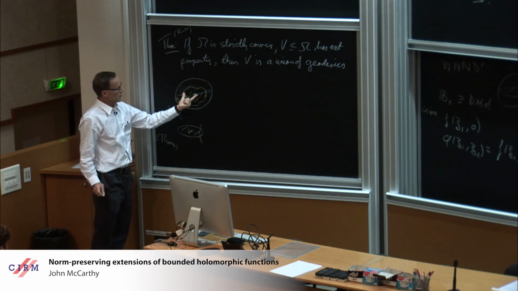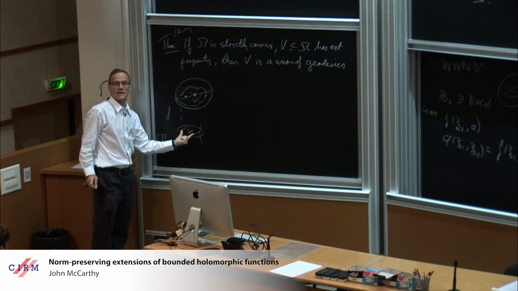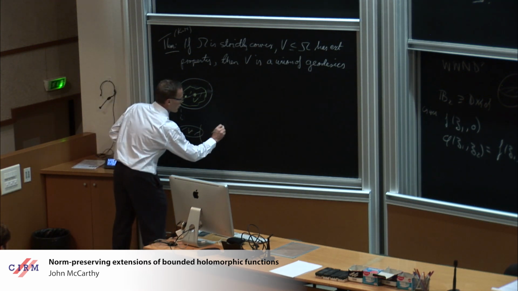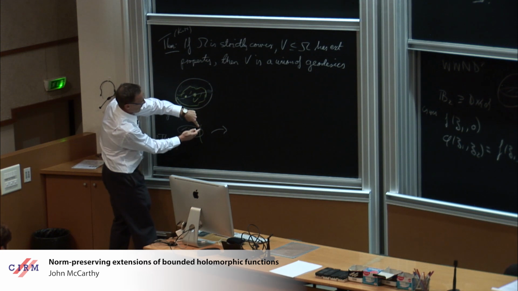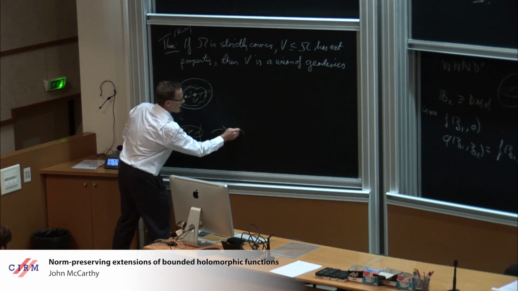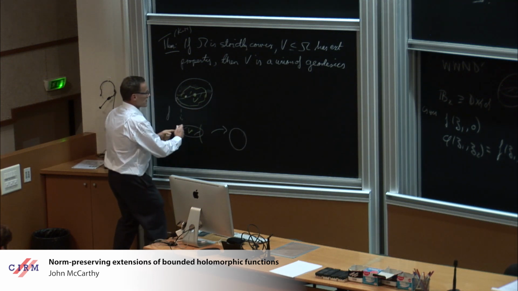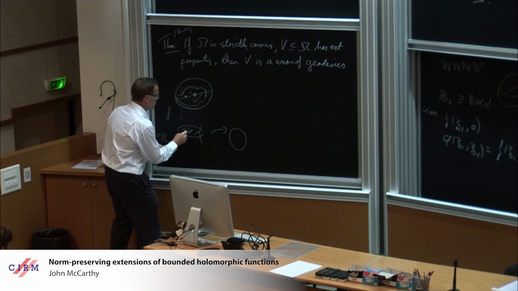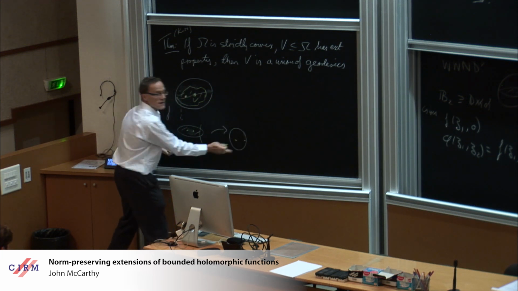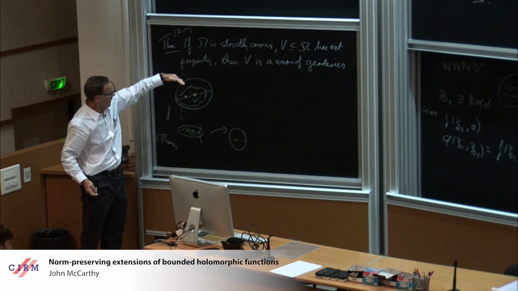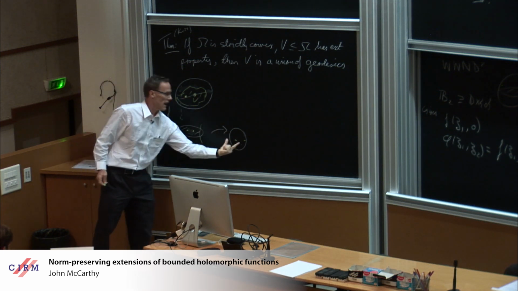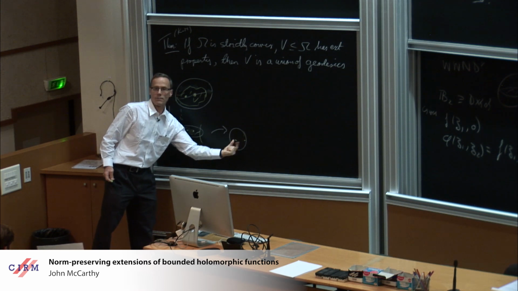So if I have some function from V onto the disk that misses a tiny part, I now compose with the Riemann map from this bitten off piece of the disk into the whole disk. And that will stretch. So these 2 points that get mapped to here get mapped further apart in this stretch. So now I take f to be this composition. I've taken these 2 points and I map them a long way apart.